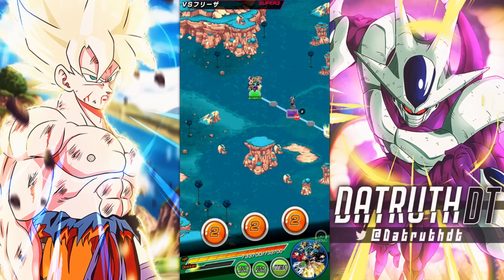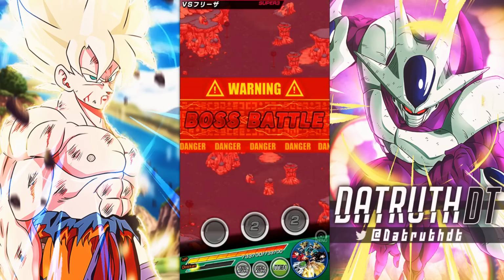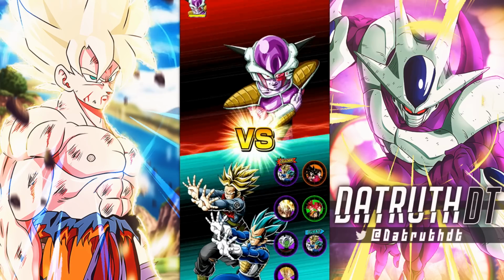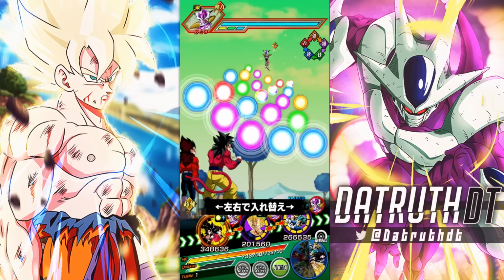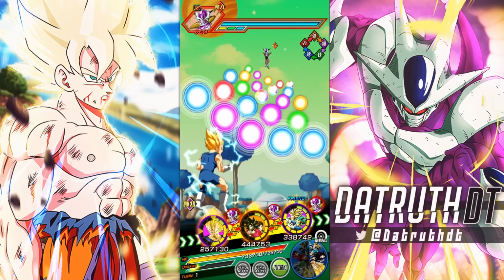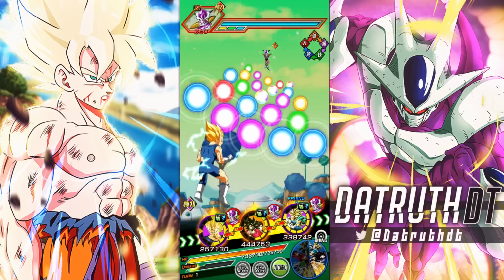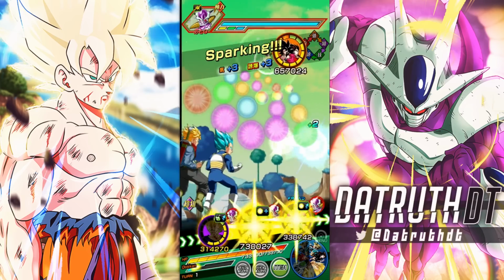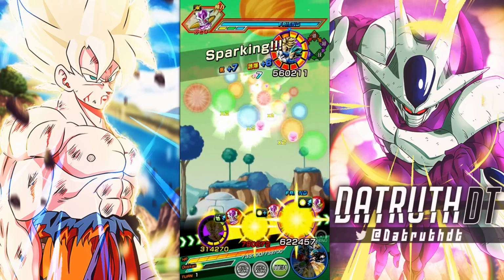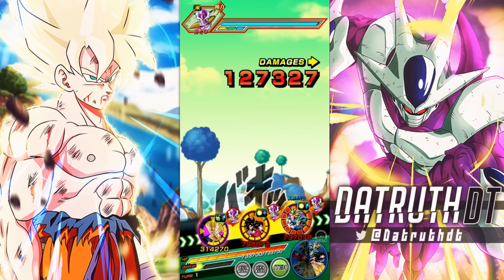Today we're going to go ahead and no item the newest Red Zone stage. This is against Full Power Frieza. Well, I say Full Power Frieza, but it's kind of just the entirety of the Frieza fight, right? On Namek, of course. Now, this fight, I don't really think is too bad. I do say that, but Frieza, of course, does have a lot of very powerful abilities, which we'll go through